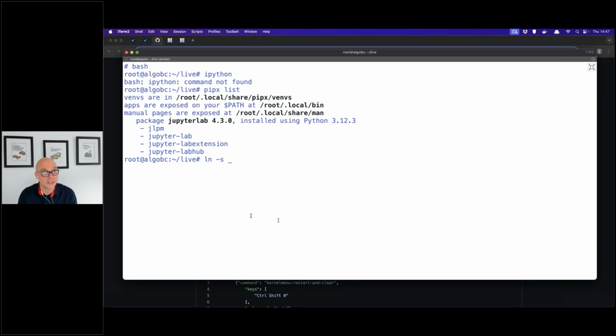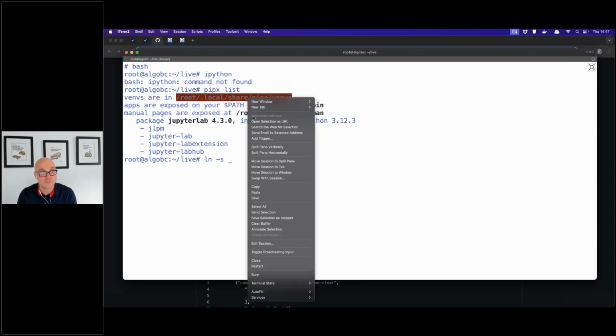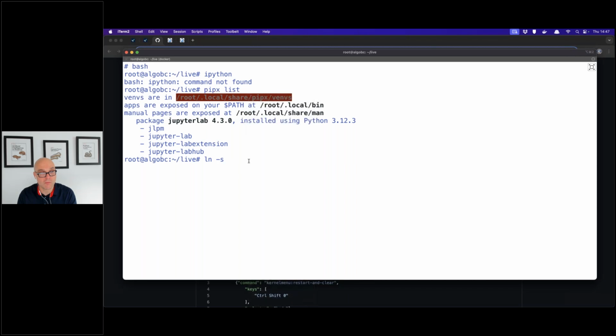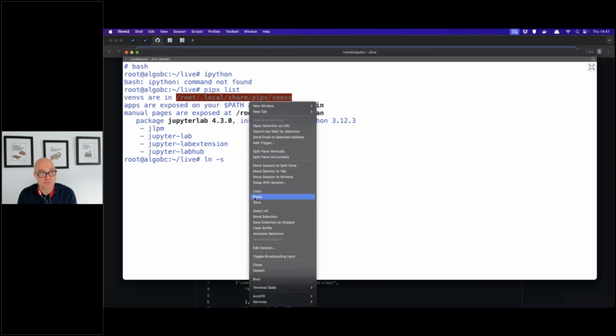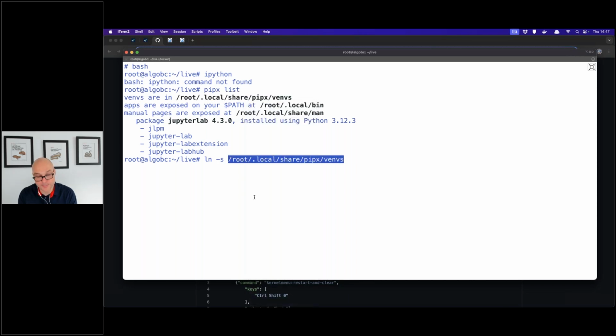Did I check that one? I thought I would have marked that one here. Here we go. So what do we have? Only one Jupyter Lab, and we have not included. There is no IPython, so